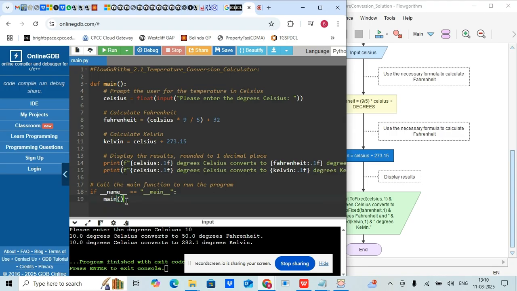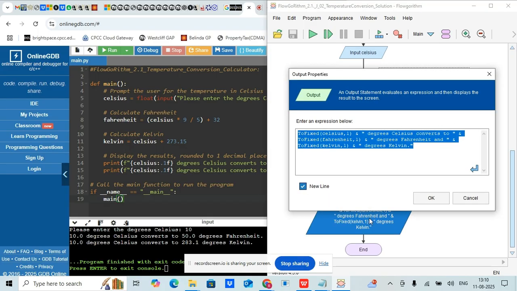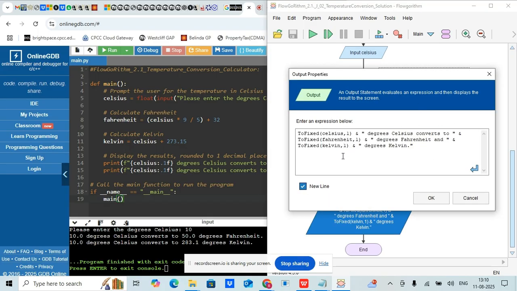And we have to call the main function here on the right hand side. In order to display the results, we are using an output box, and we are using this toFixed function, so that the decimal point will be up to one decimal point. And then here we have to use the ampersand in order to get the dynamic values